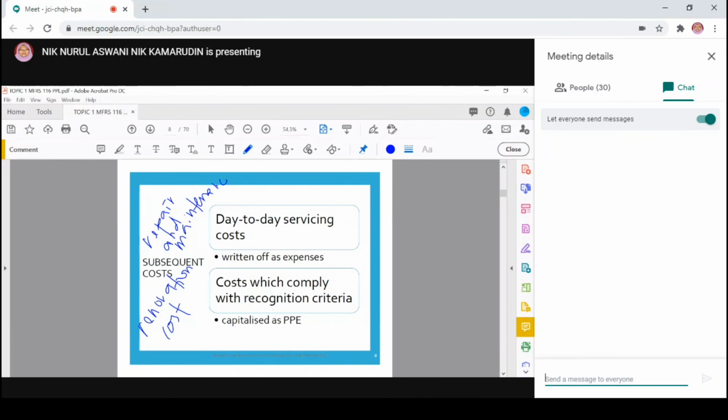Only after you have a building, let's say, for example, you identify that we need more space. We have more students, so we need more space. So we need to renovate, we need to add the space. So can we capitalize or should we only write off as an expense? Renovation cost, usually you incur a huge amount of money. So you have to ask this question, can we? All right, so can, because it complies with the recognition criteria. It gives you more space, it gives more value to the building, and then it allows you to take more students, generate more money. All right, so you met the recognition criteria.